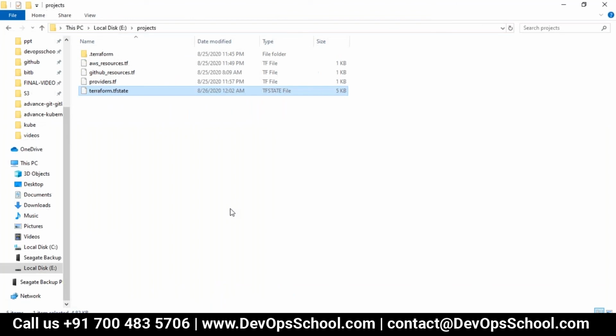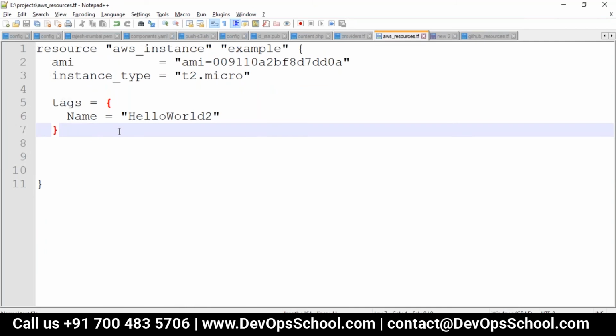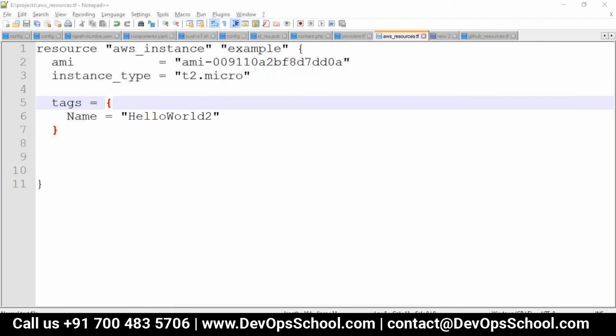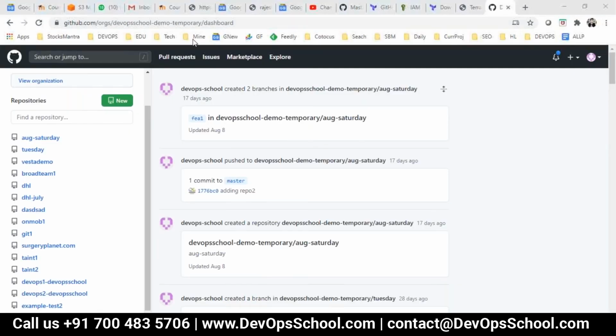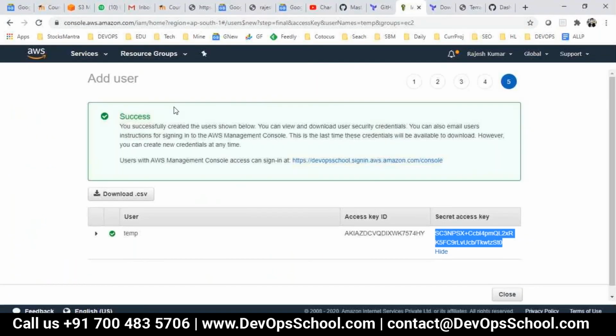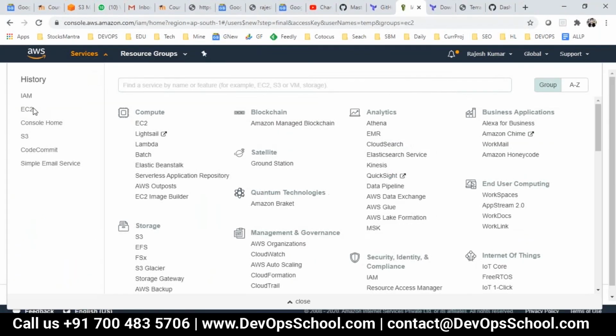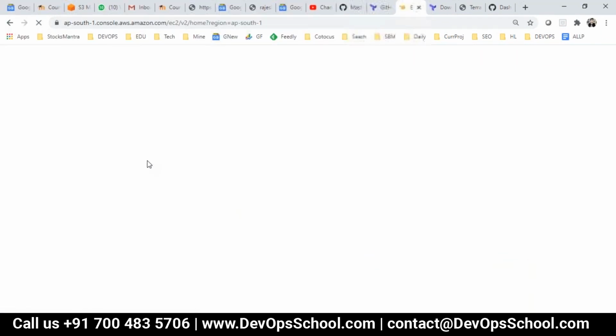So can we do one thing? Next time I want to modify something. What do you want to modify? Let me tell you, you cannot modify this, because AWS does not allow it. Let's say you create one EC2 instance. While running the EC2 instance, can you change the AMI ID? Can you change the type? No, you cannot. You have to recreate the new thing. So you have to decide which is allowed, which is not allowed. This is based on your experience with that particular provider and resources. So tag, I know that it can be feasible. First, let's validate whether it got created or not. So here, EC2 instance, I'm validating it.